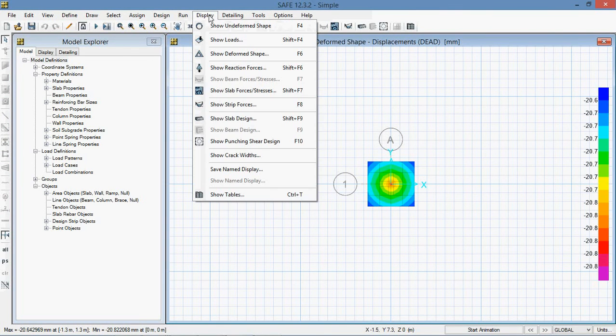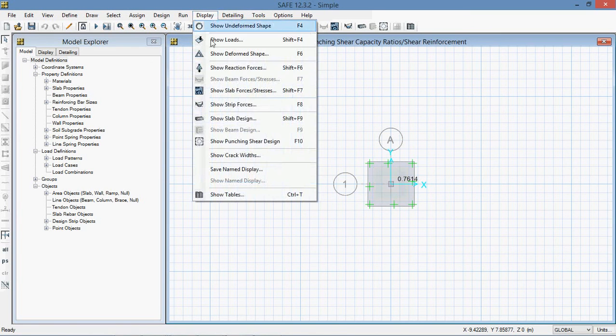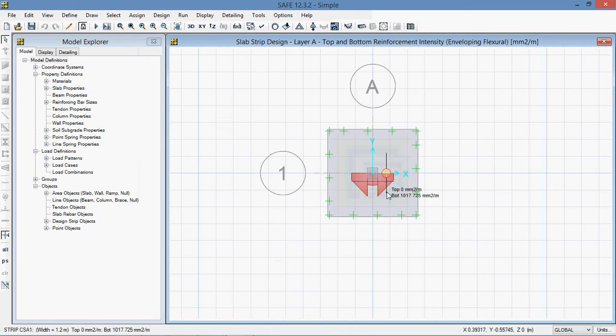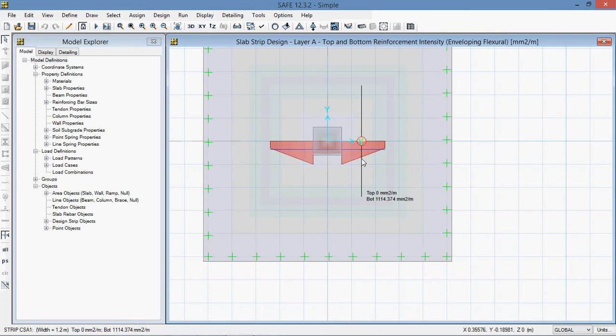Now go to display, show punching shear design. Now it is safe. So this is the way how we design. And if you see display, design, reinforcement, but before you have to provide the stirrups. There are no design strips here, so that's why it is showing this type of top and bottom steel. Anyhow, you can